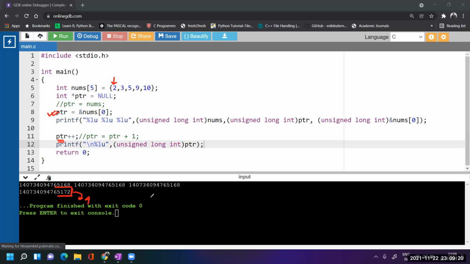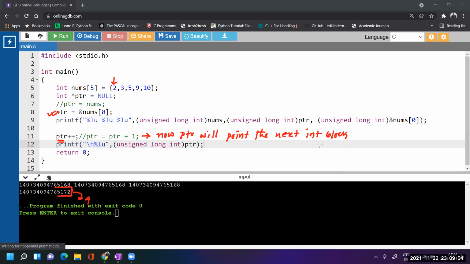What is this 4? So try to understand now this expression, what the pointer is actually doing here with this arithmetic operation. When we write PTR plus plus, it is actually updating the value of PTR by 1. It means now PTR will point to the next integer block.